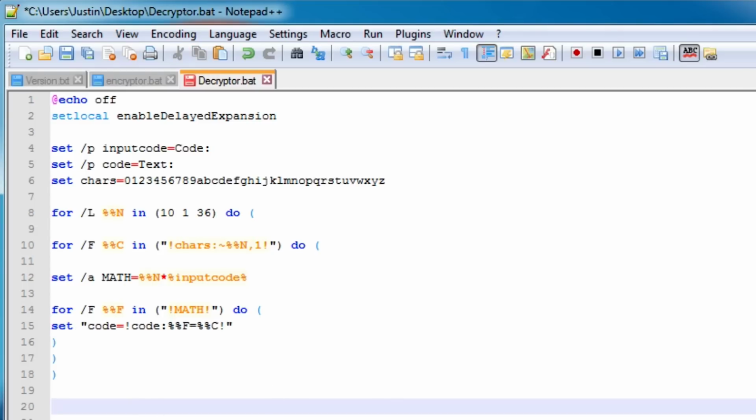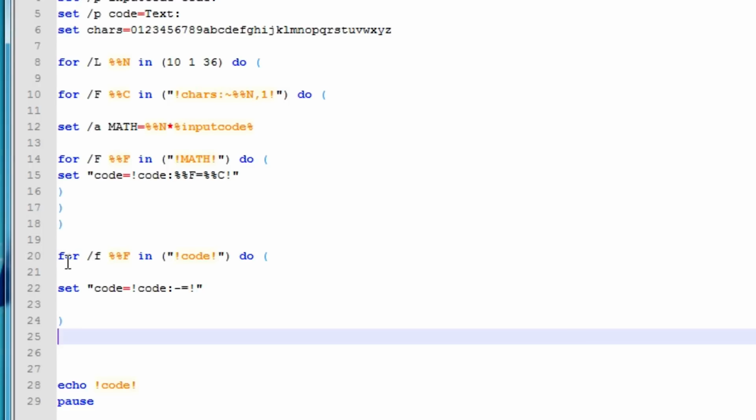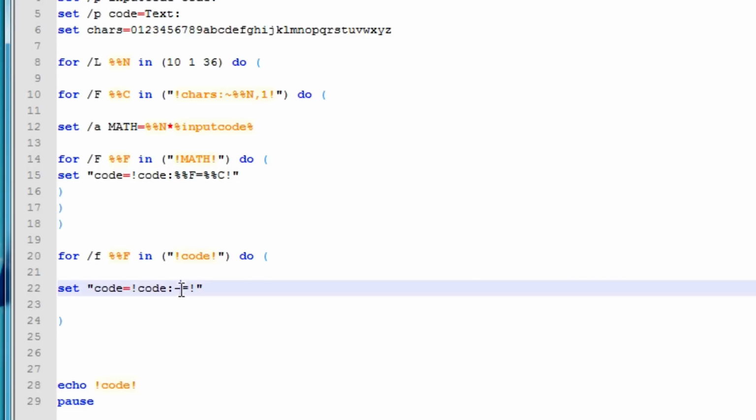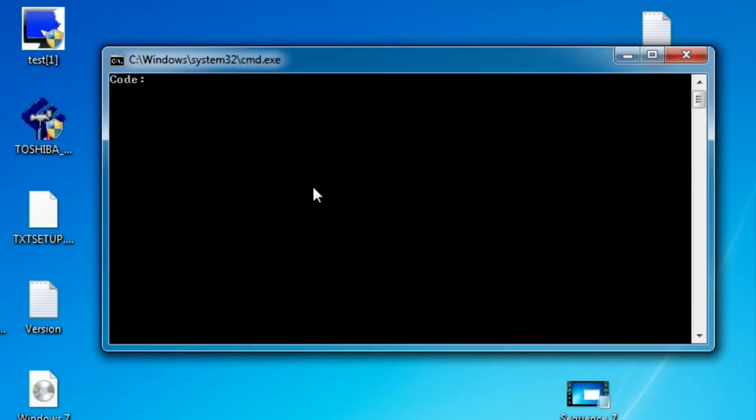And the way we're going to be doing it, let me just copy and paste it here, because I don't want to type the whole function in again. But here we have another loop. We have F in code, so it's using the variable code. It's opening up code and then looking for dashes and making them equal nothing. And then what this will do is, now if I echo code, let's try code 1,